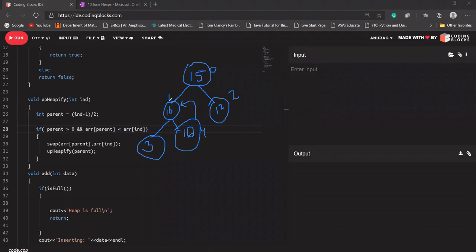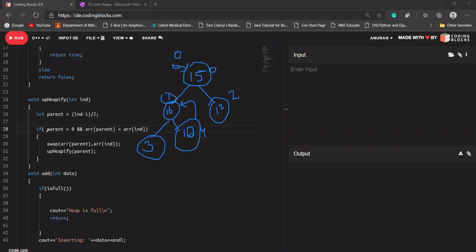Again, I'm going to pass this parent to the up heapify function. This function will again compute its parent. In this case, 1 minus 1 is 0, divided by 2 is 0. So the parent of this 16 is this, and the index of that parent is 0.